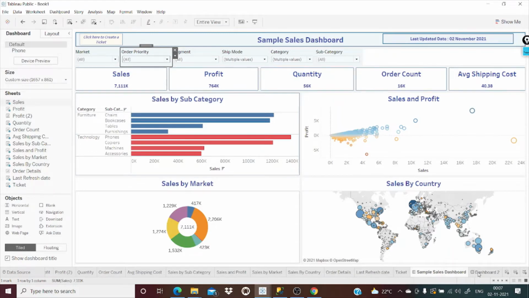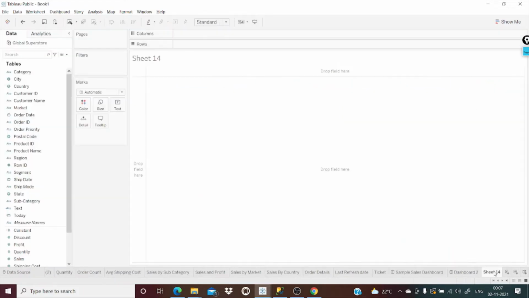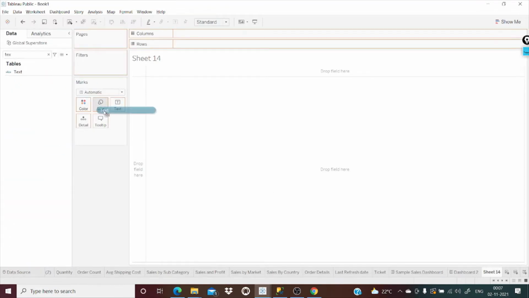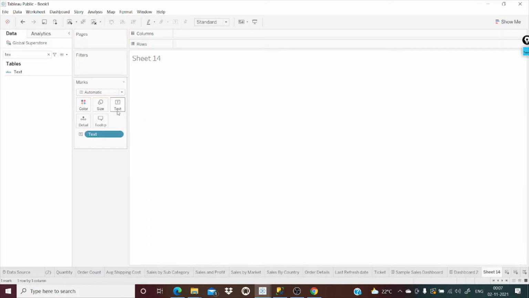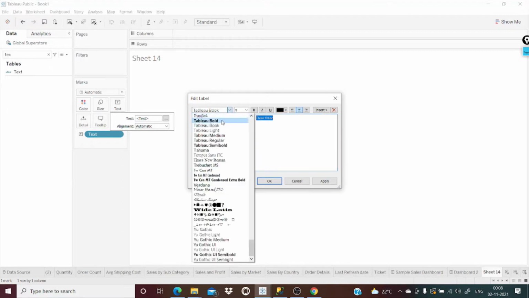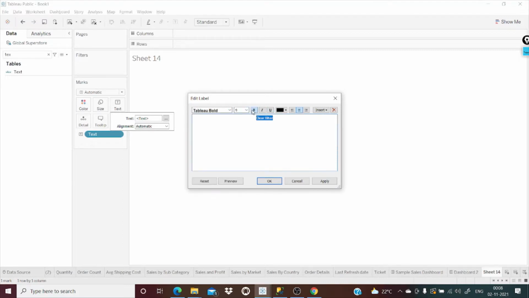For that, we have to create one more sheet. Just click on this one. And then we had this blank text. Drop it here. Just type clear filter. I want it to be bold, and 9 would be fine, but blue.